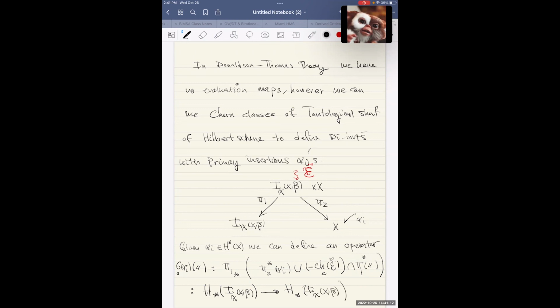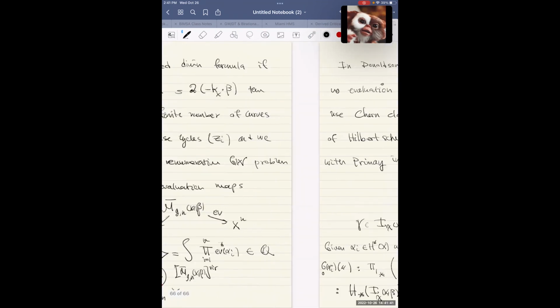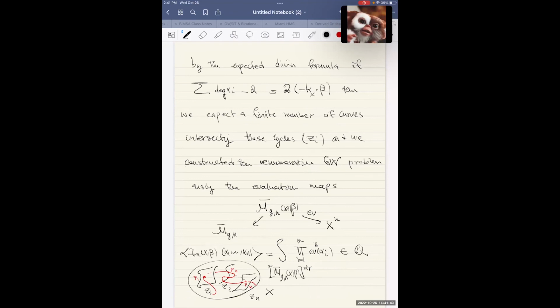So it's basically saying the following. For each one of the choices of alpha i's, I have an operator that takes some homology class here, some cycle gamma in here, pulls it back up, caps it with pullback of alpha, and then cups everything with the second Chern character of the universal sheaf. Okay? And this is very similar to what we are doing in here,